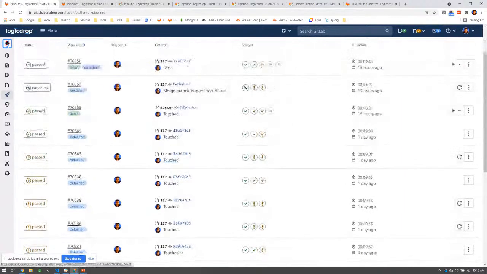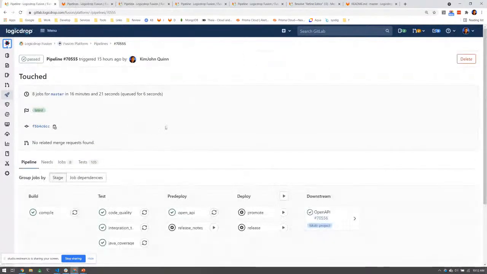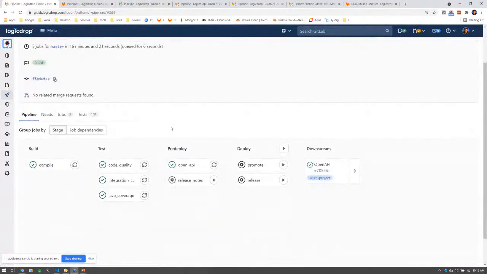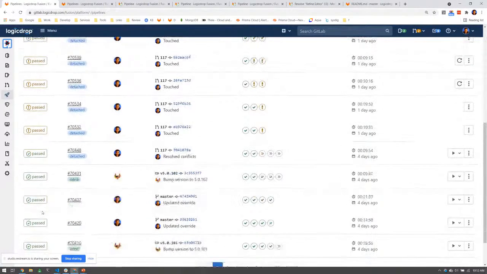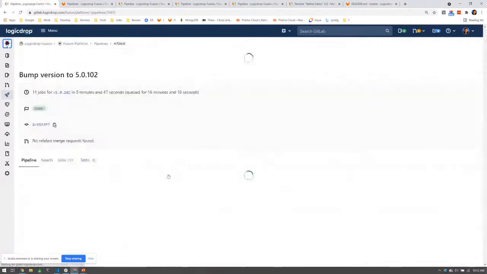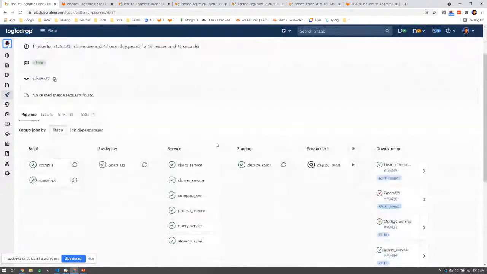So once it gets merged in at the master or main, depending on what you're doing, we're now ready to promote or push it. Clicking this promote does all the tagging and the version orchestration, and it builds every single service and pushes it out to an environment.